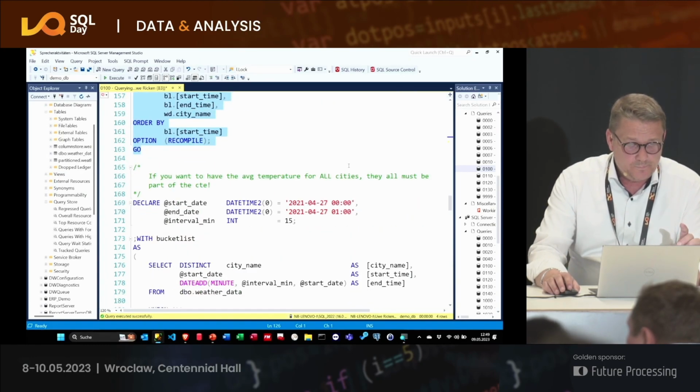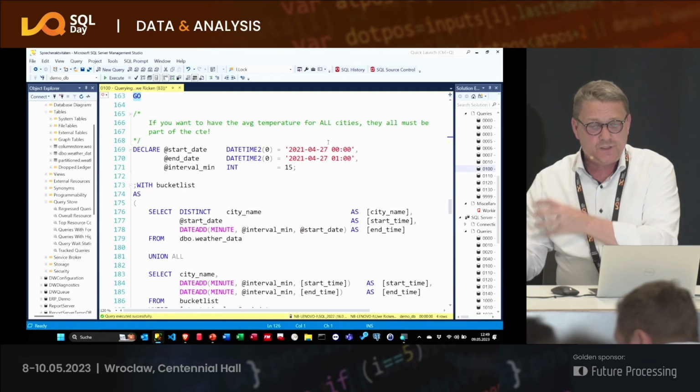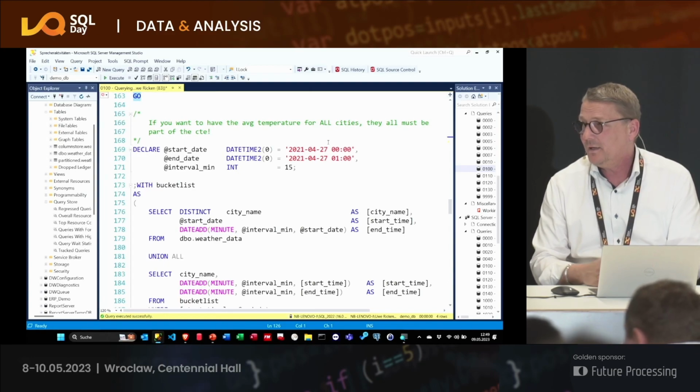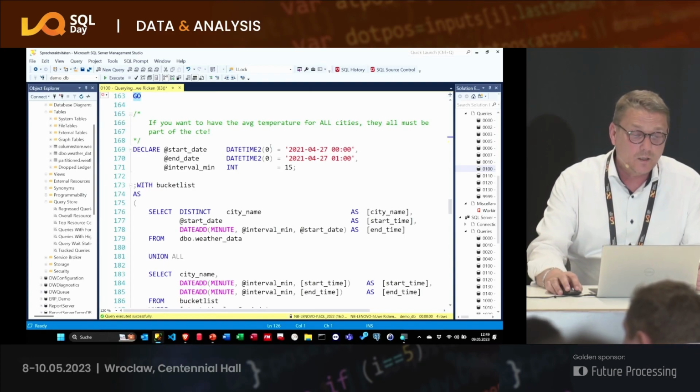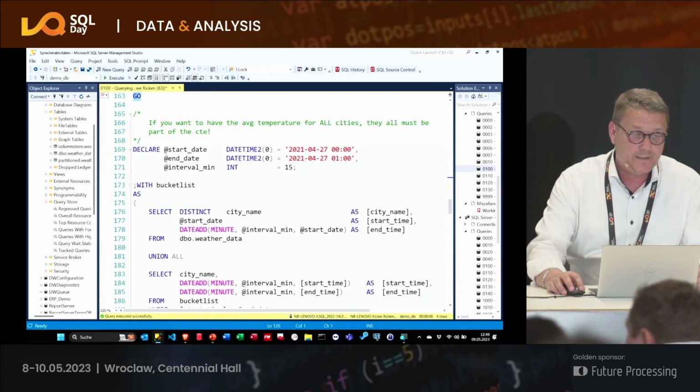Here is another one. If you want to have the average temperature for all cities, they all must be part of the CTE. Otherwise, your query might not come back. Here is my start and my end date.